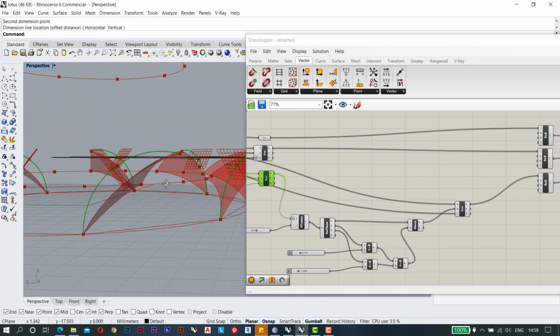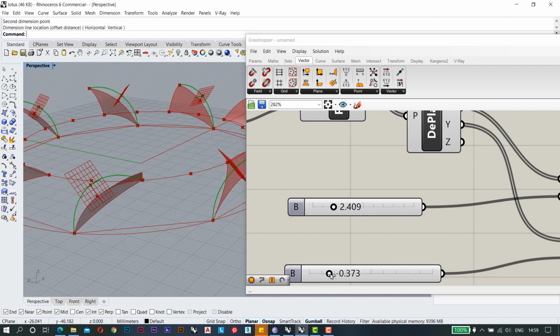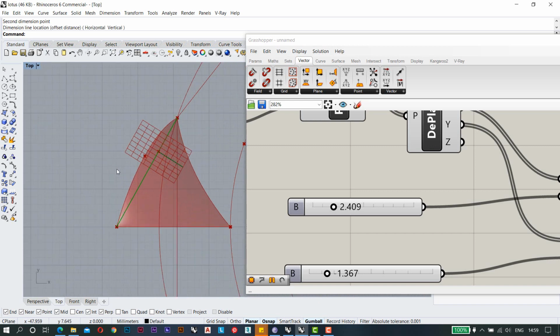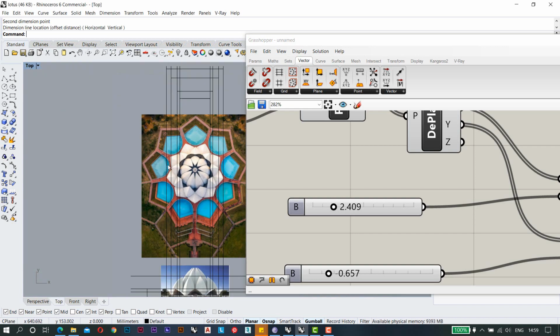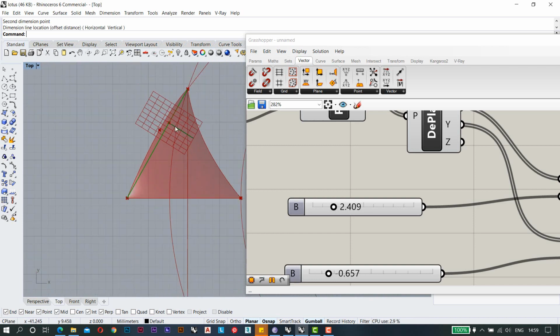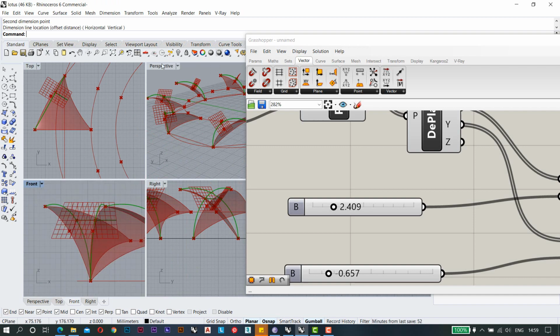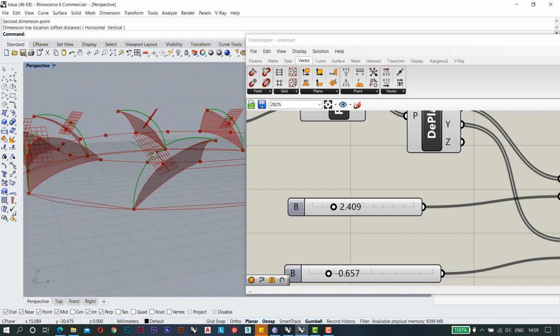So now you can see my surface is very flexible, so I can change my values and I can make it as per my need. So it is something like this that I need. I will also refer to my plan. So in the plan it is something like this. If I see the plan, you can see this is going a little outward. So I made it a little outward from my straight line, and in the elevation it has to be something like this; we cannot check it in the elevation, but I'm just trying to say it.